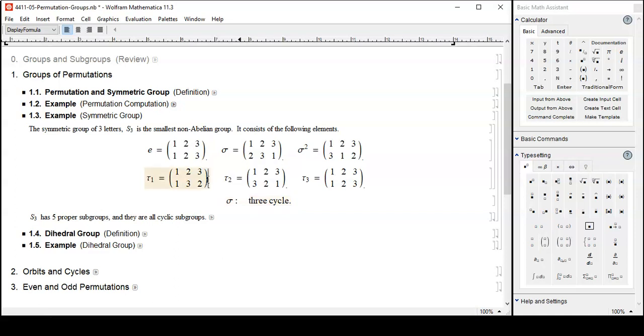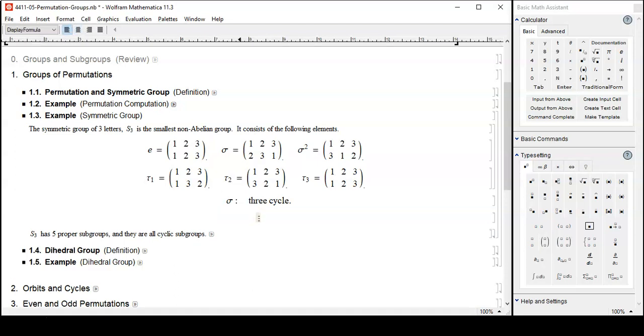And then tau 1 and tau 2 and tau 3 are actually 2 cycles. So 1 stays the same, and 2, 3, 1 shifting, and then shift again, we are going to come back to the original, E. And 2 stays the same, and 1, 3, switch those, and then switch again, we are going to go back to the original. And